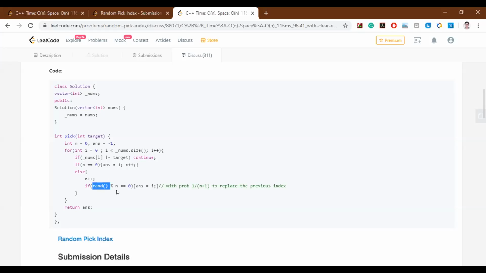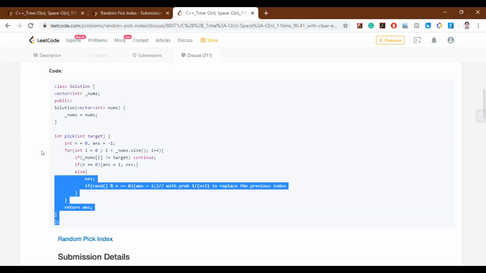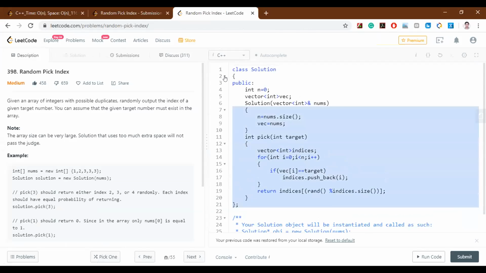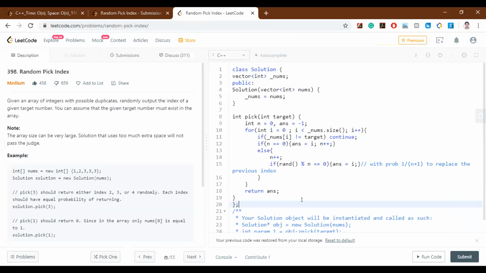I think for randomness you could just change it to 1 instead of 0. Does it make any difference here? Let's give it a try. No, actually, 1 will not pass. If we do 1, it will not pass. Yes, it's right, because 0 ensures the equal probability. Not equal probability, it is basically how.